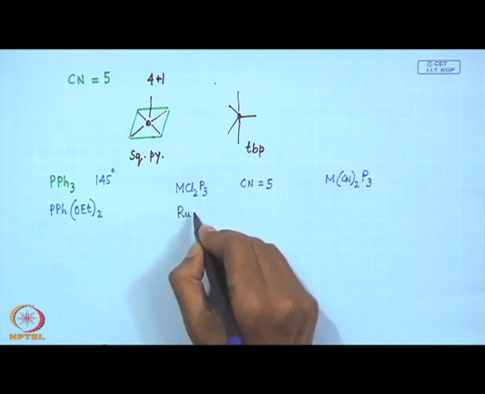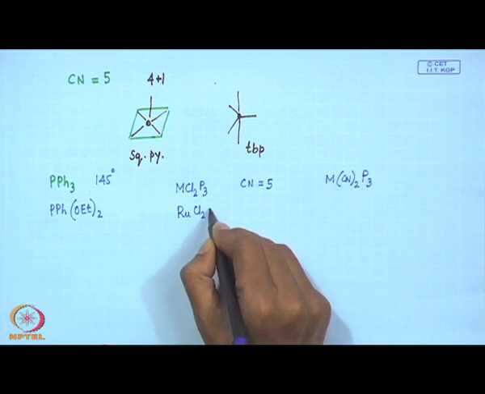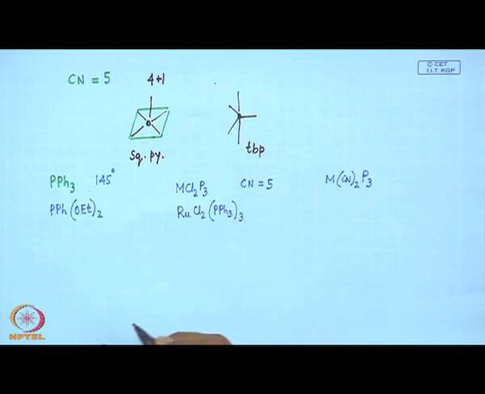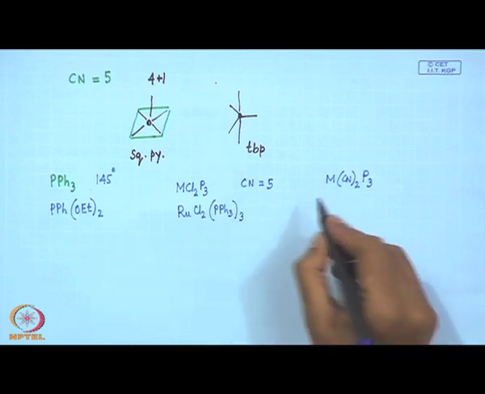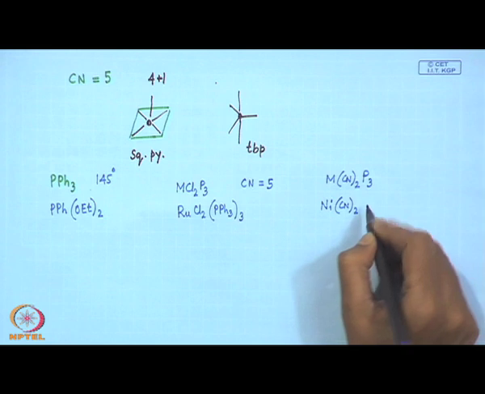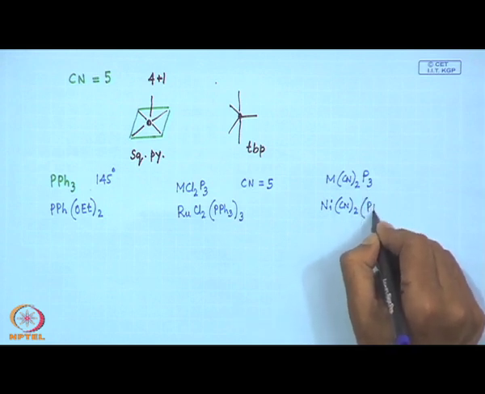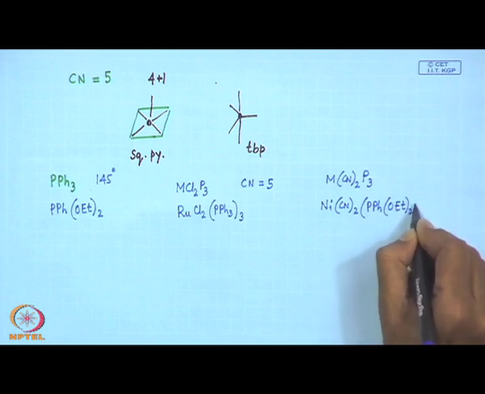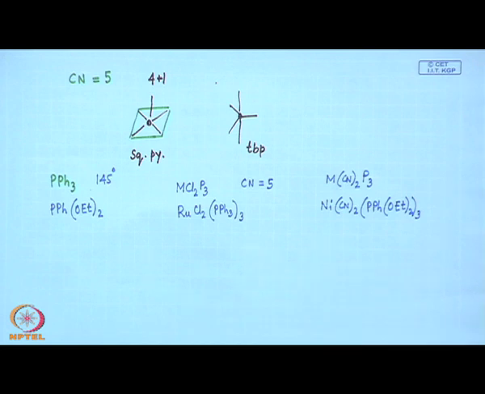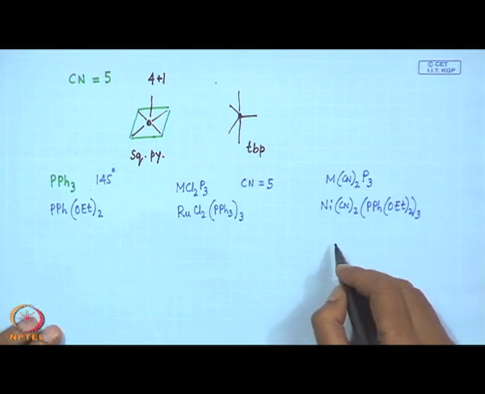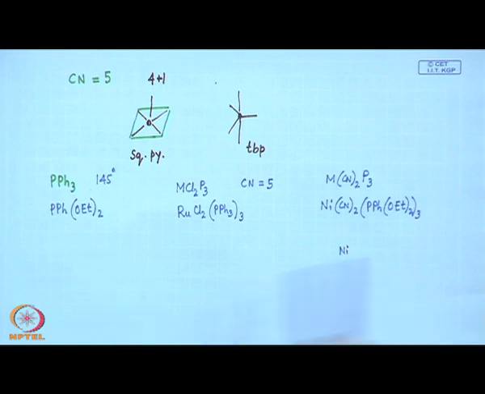This M can be a different one, which is well known, Ru Cl2 triphenyl phosphine, and this we are getting, this Ni CN2 PPh(OEt)2 whole 3. So, this basically gives us an important geometry of the nickel center, where we find